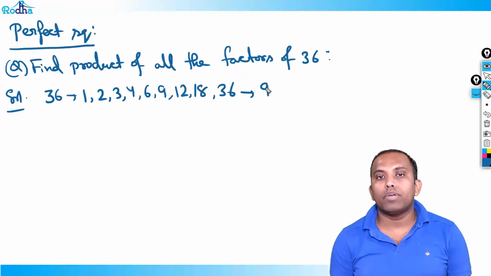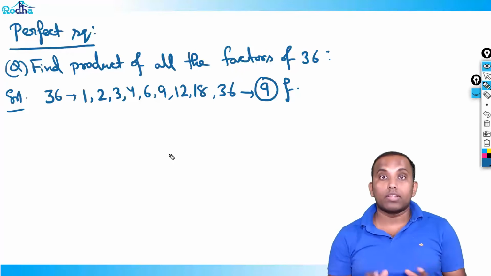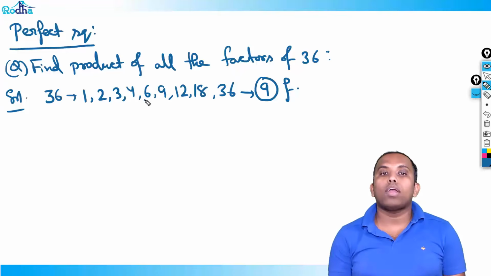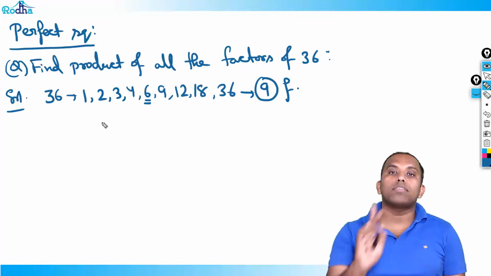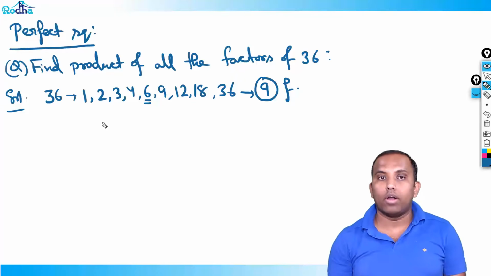I told you a perfect square always has an odd number of factors, because generally a number other than a perfect square has an even number of factors. But in a perfect square, one extra number, that is the square root, will come as its factor, making an even number plus 1. Even plus 1 is odd. So an odd number of factors.